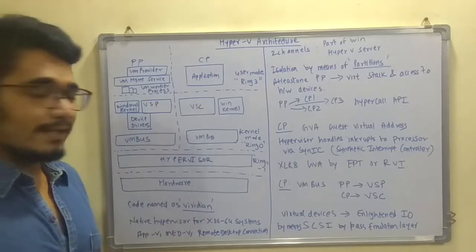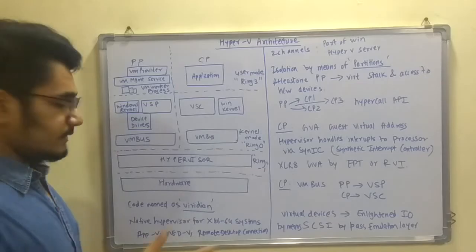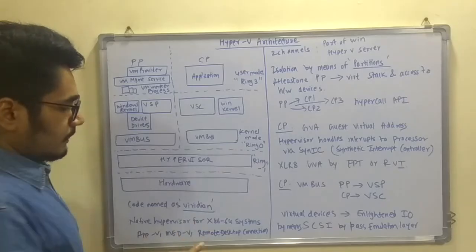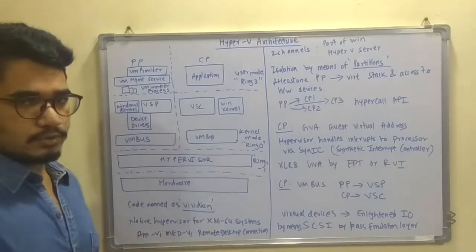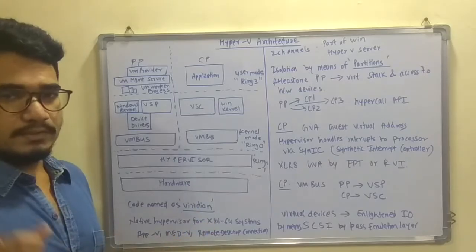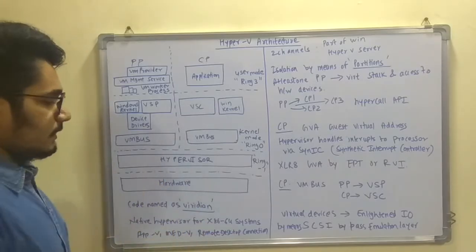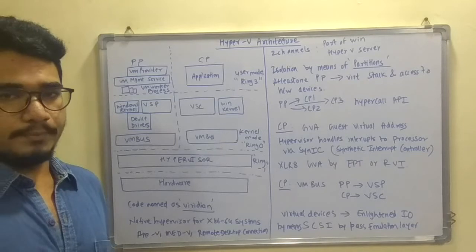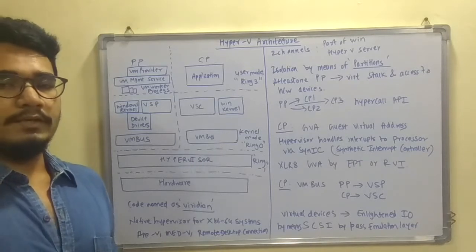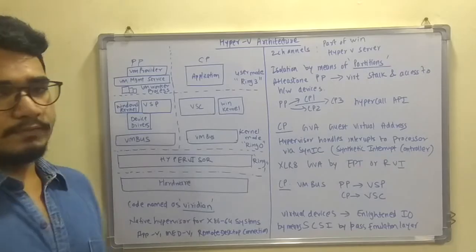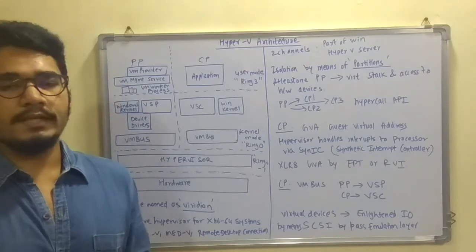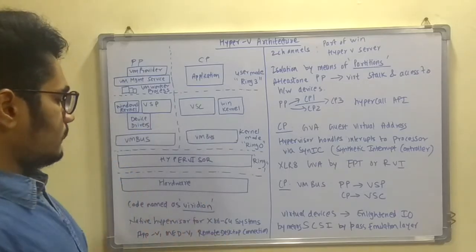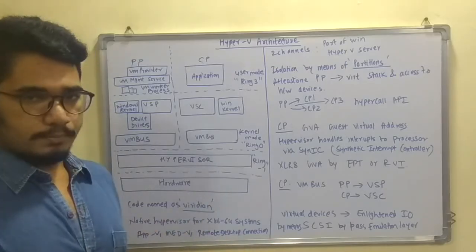Along with this, you have other related components, like App-V, which I discussed in the previous video on architectures. Then you have MED-V. Then the most common one is the remote desktop connection. When you go to the run command and type mstsc, you get a remote desktop connection for Windows, and if you enter the IP of the application server, it will do authentication at the network level. Then you log in with the built-in admin and administrative rights, and you can access those virtual machines. This is the most common kind of RDP, remote desktop connection.